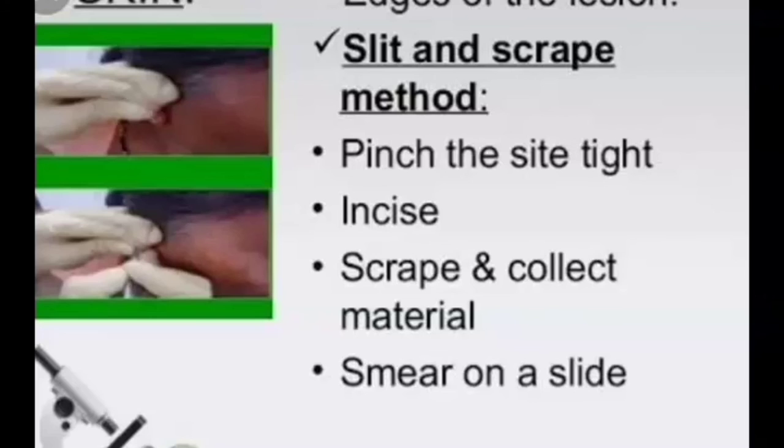Wherever we are collecting the specimen, we should hold that area tight. Then we incise or cut the area. Then scrape and collect the material on the slides.